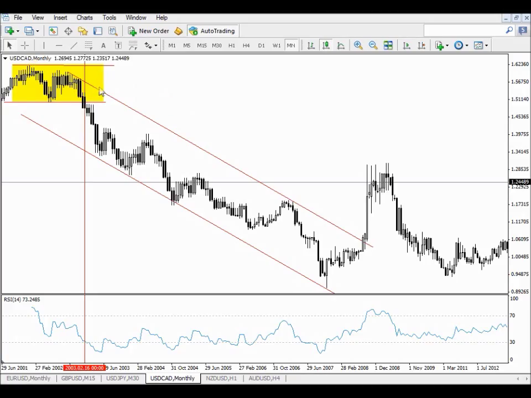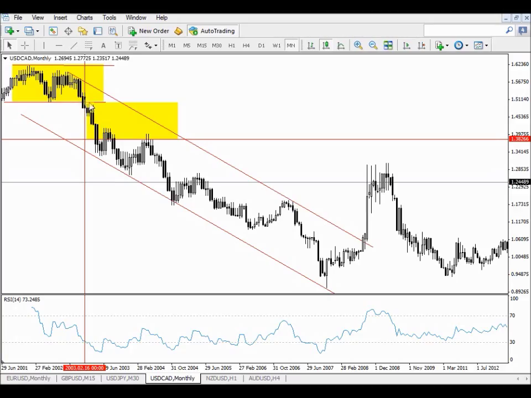This is a sideways channel, and the rule of a sideways channel, guys, is that you go for the exact same distance as the previous channel. So where will my limit be? If I sell that support line that became resistance, where will my limit be? Exactly the same distance as that previous channel. So down here will be my limit. So that's where I'm selling.